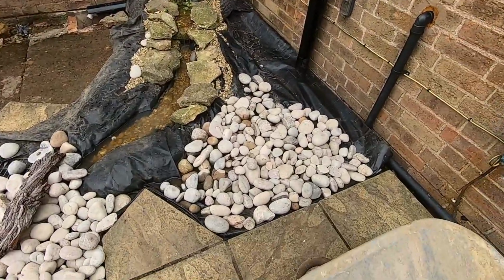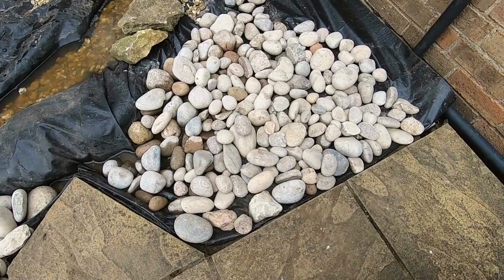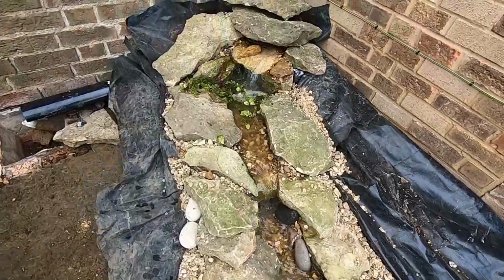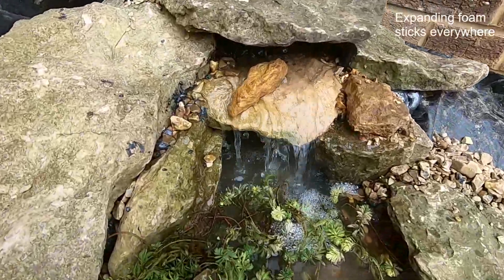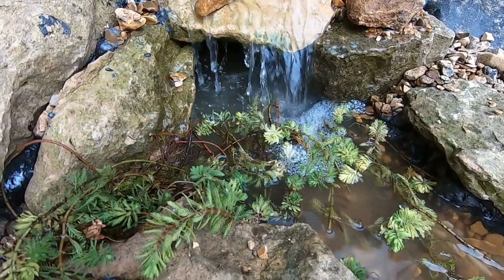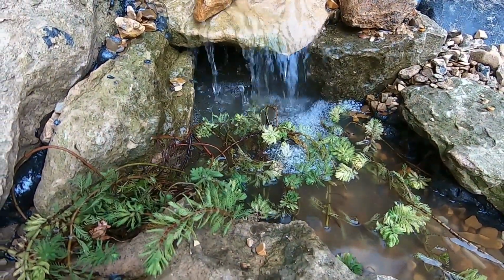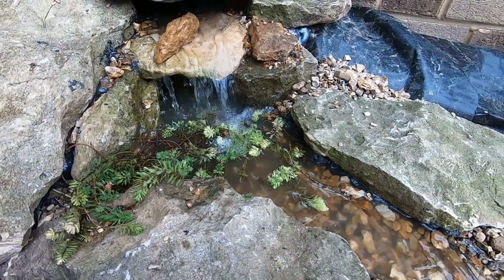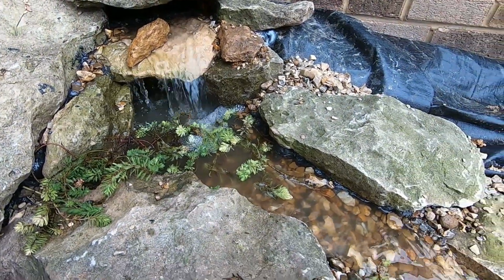So this is how far we've got at the moment. Got some cobbles, and we have running water, a bit of greenery we got from my pond. We've still got to get a few more stones yet, but my mate just wanted noise, and we've got noise,